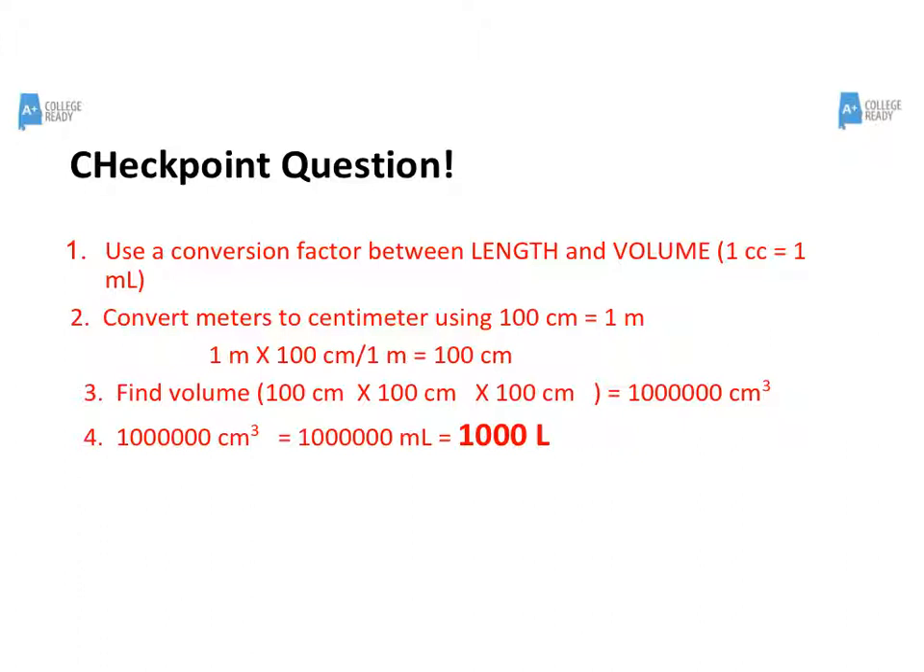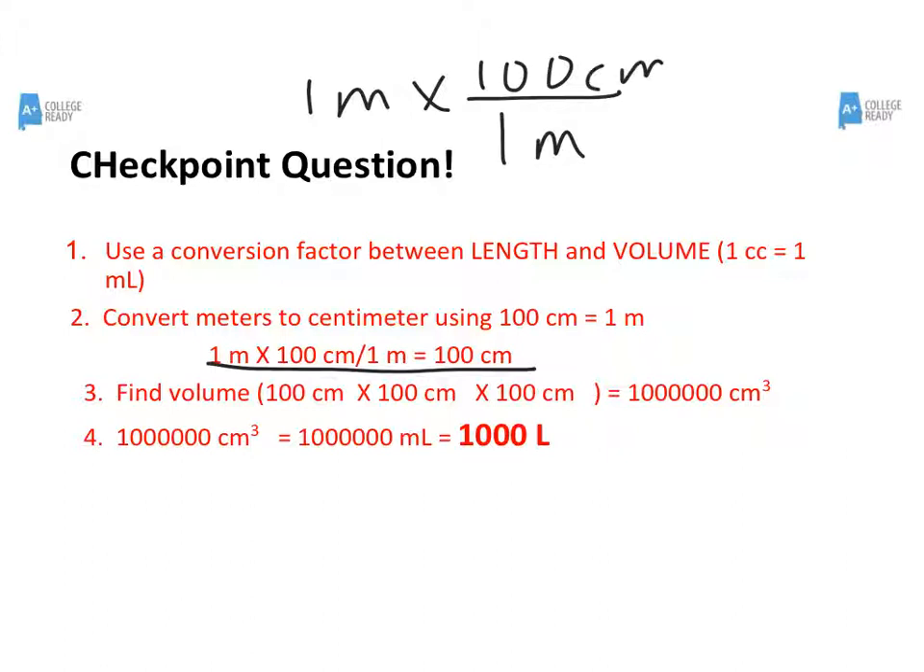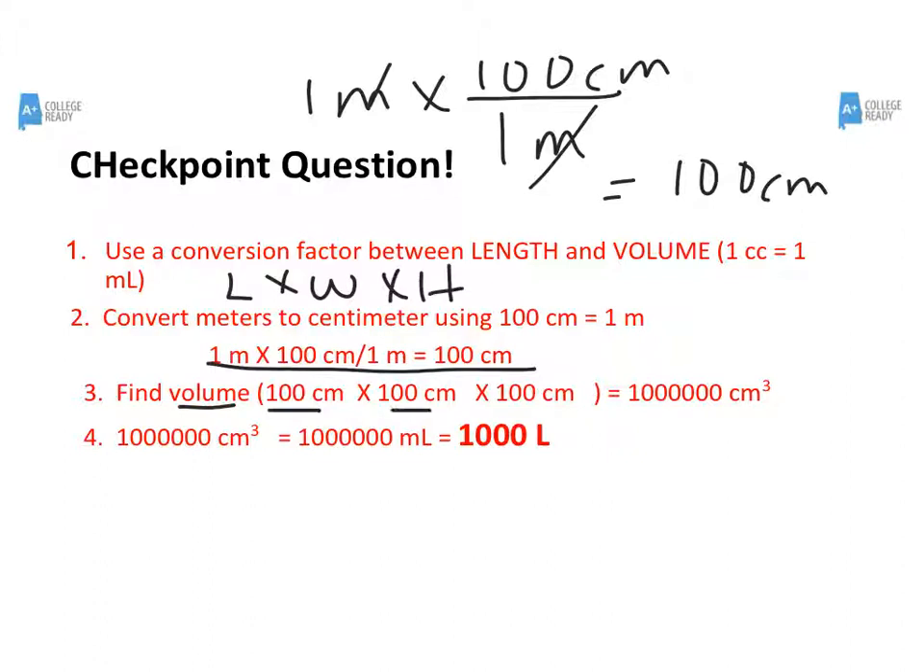So 1 meter times 100 centimeters over a meter, let me write this out a little more clear. So 1 meter times, for every 1 meter, I have 100 centimeters. Those meters cancel, and that gets me 100 centimeters. So in 1 meter, there are 100 centimeters. I'm going to find the volume. The volume would be equal to the length times the width times the height. So 100 times 100 times 100 gets us